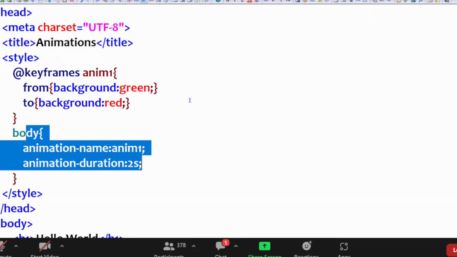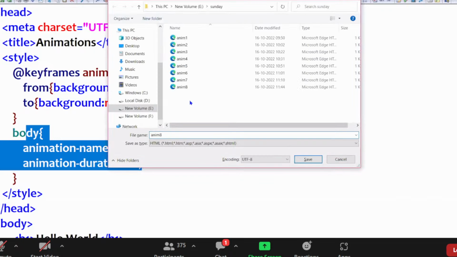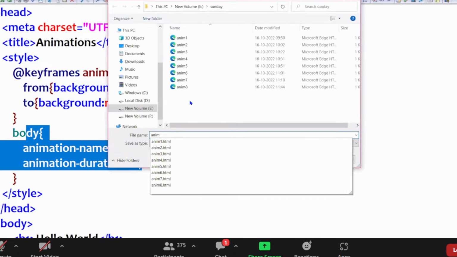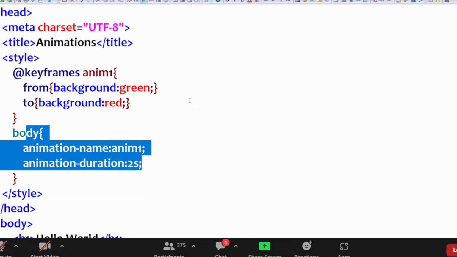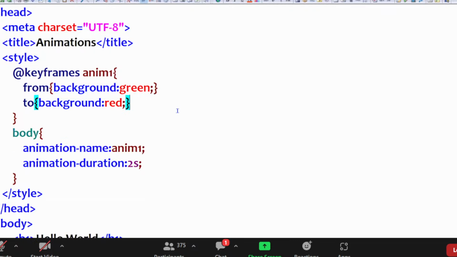Can I map the same animation for multiple tags, sir? Why not? Next example, I'll show that. Once you develop any animation, we can apply it on any number of tags, no problem. Suppose my anim,